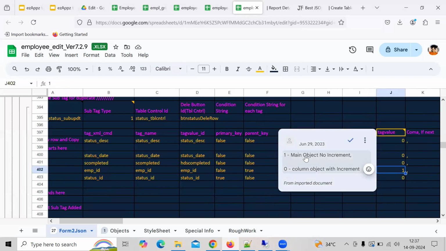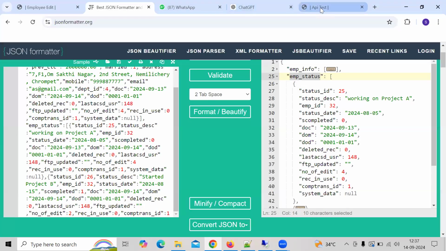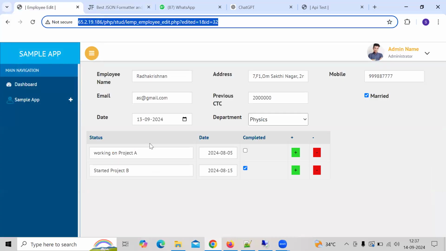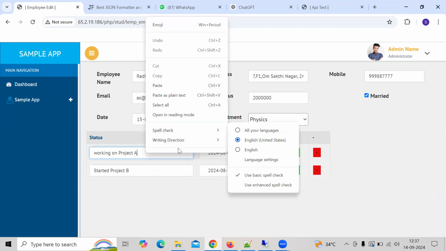1 means main object, no increment. 0 means column object with increment. Okay. So the employee ID here refers to the main information that is taken from the main form information. So it doesn't require an increment. What do you mean by the increment? Increment you are already familiar with. Okay. Let me show that again. So what is increment? So what the increment here means is,